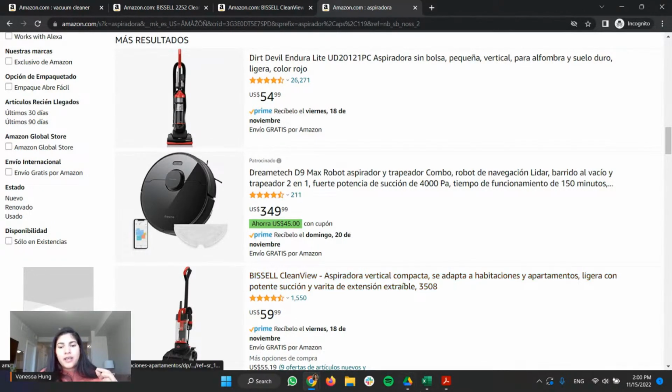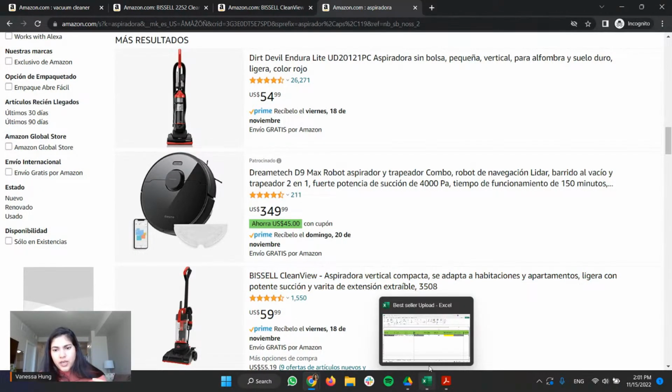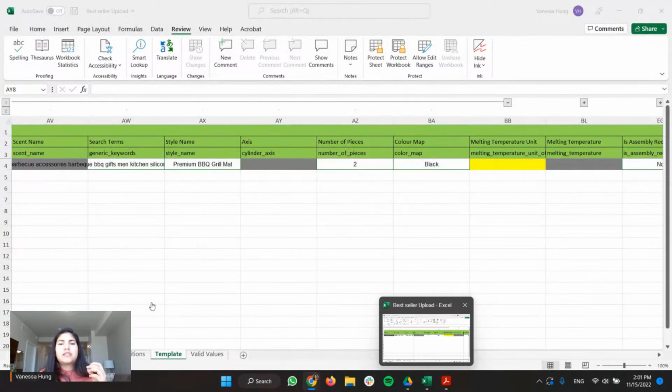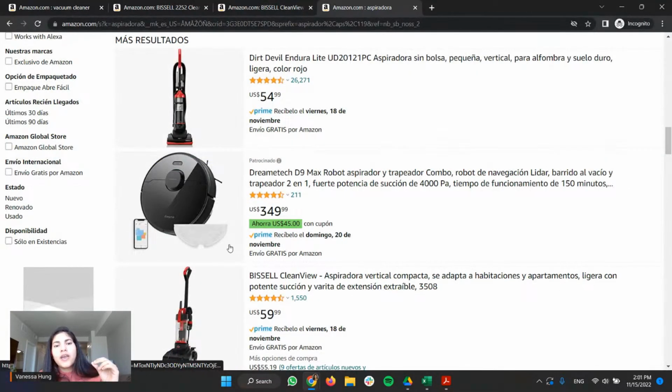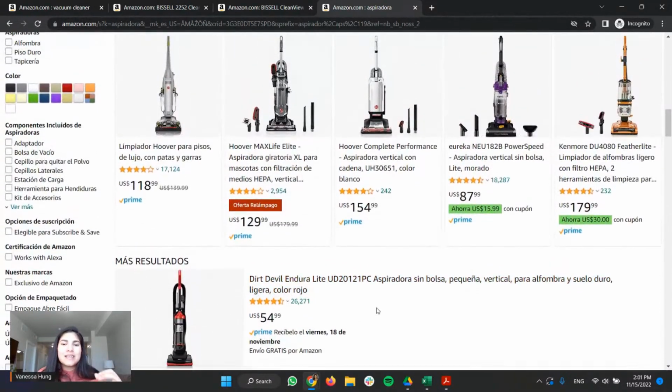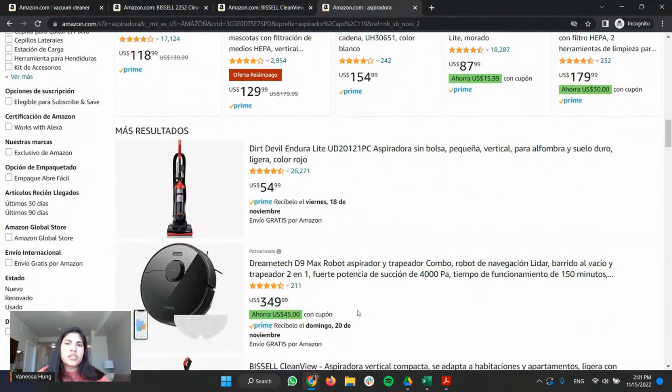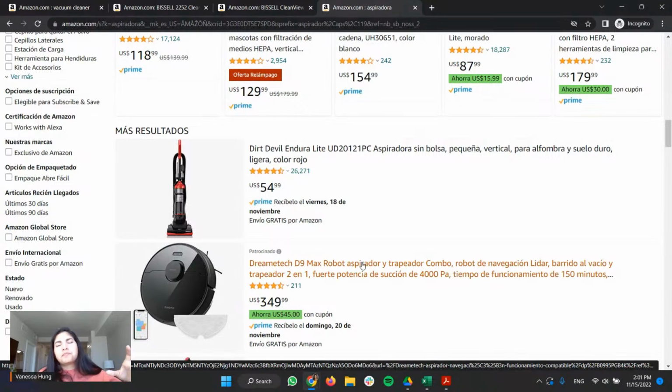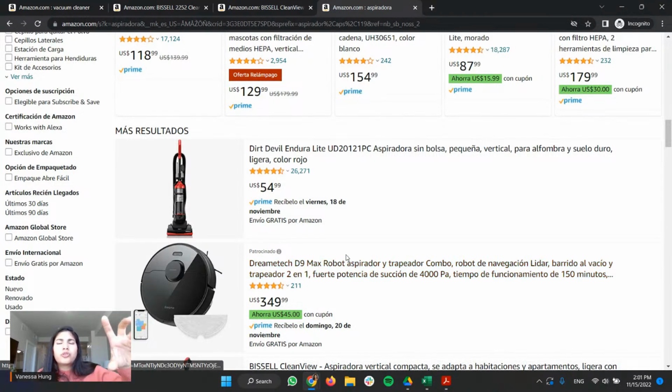The only way we can optimize our listings to show in search results for Spanish keywords is by adding the Spanish keywords in the backend, or having people look through the Spanish experience and purchase our product, which is something that technically we cannot control.